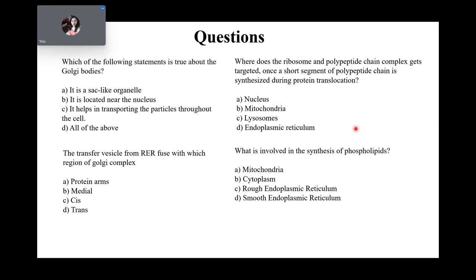Yeah, so the first one is all of these are true for Golgi bodies. It is a sac-like organelle. It is located near the nucleus and it helps in transporting the particles throughout the cell. Next,